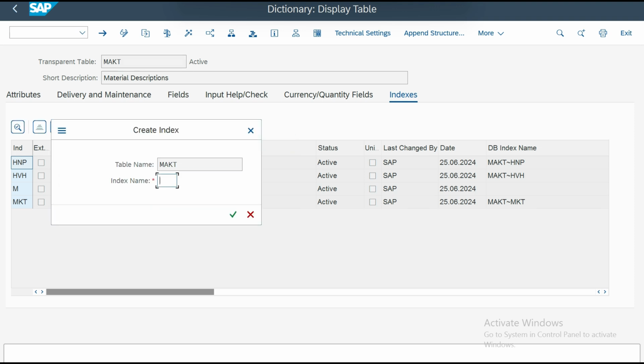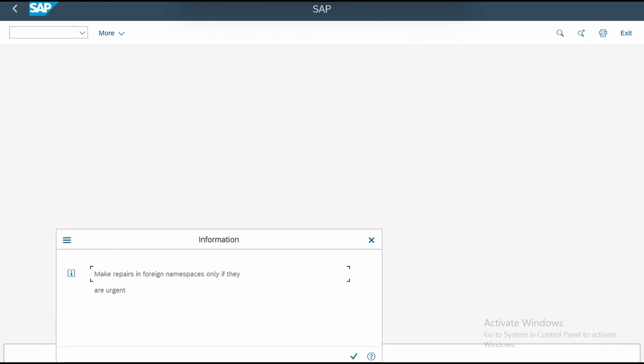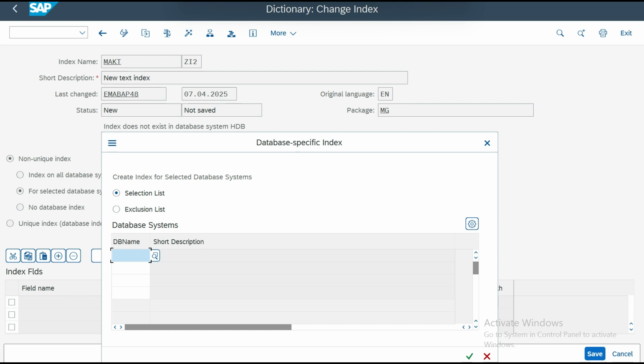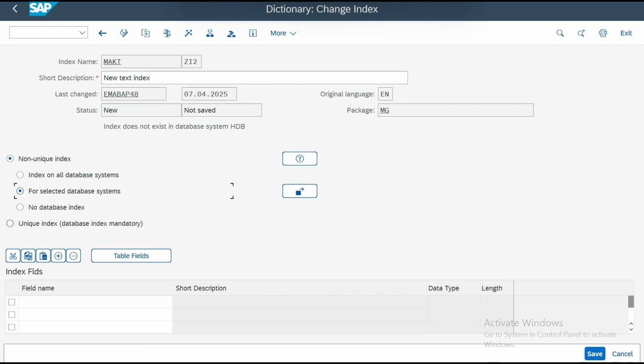Create index in the ZI2 custom namespace. Okay, new text index, and this is going to be for the selected database system. That is the prerequisite for the text index, with db name as hbd, and whichever field you want. Make it tx, probably this is already available, it's fine. And now